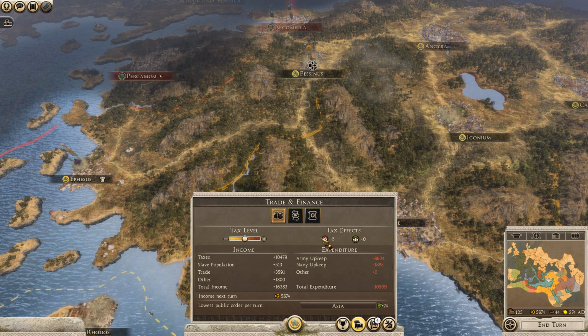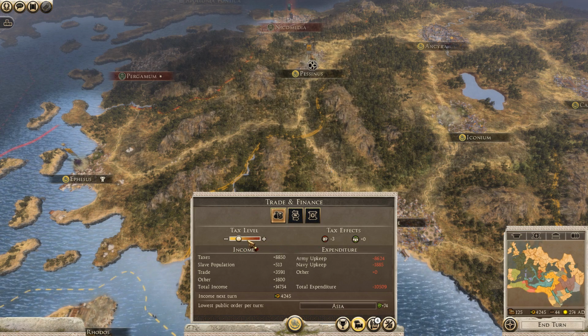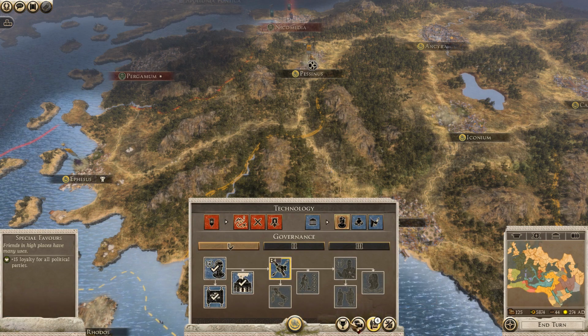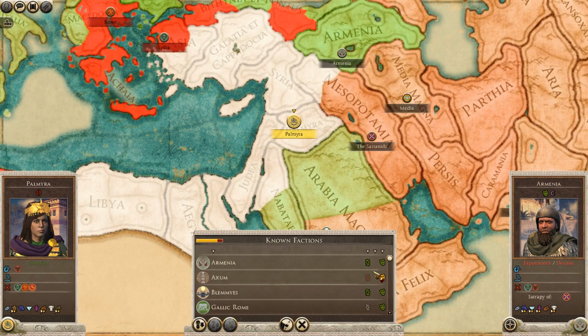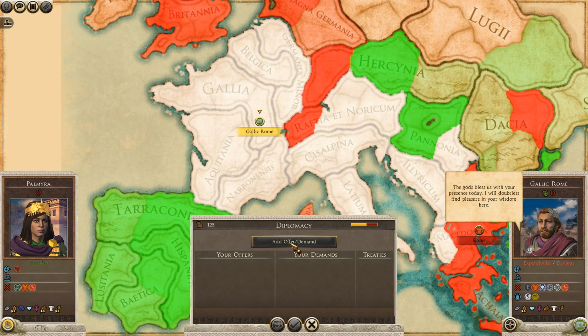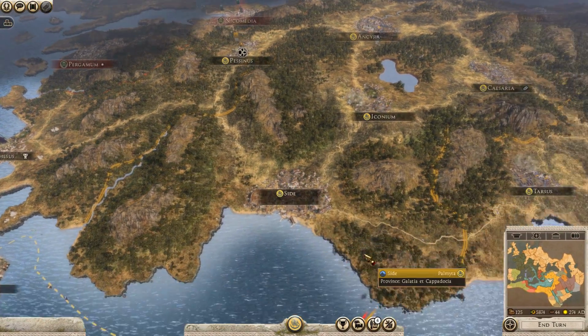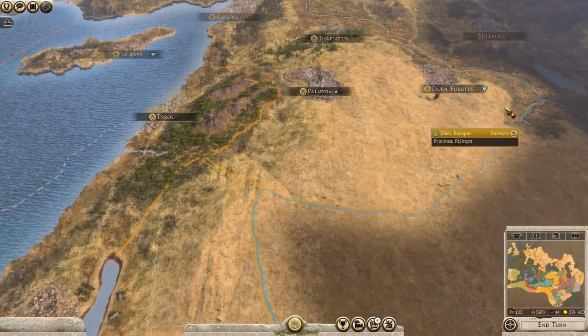Yeah, and see, in Attila, lowering taxes improves growth. It doesn't right now. Maybe it will later on as I improve technology. But let me check really quickly. This is what I was going to do. If I go to Gallic Rome actually has a pretty good opinion of us now. Bless us with your presence today. All right, they don't want to trade. But anyway, we are going to keep on keeping on, pretty much, and